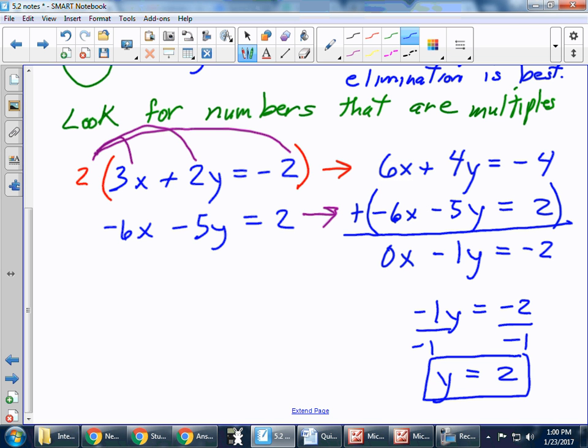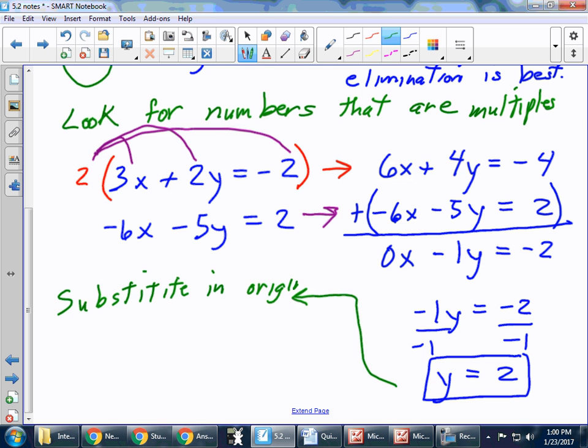Now, exactly. We put that back in. Doesn't matter. That's the beauty of it. We can plug that back in, either one. Substitute in the original. Go ahead, Luis. So we're going to substitute in the original, and it doesn't matter. I'd probably do the 3x plus 2, no more y, 2 times 2